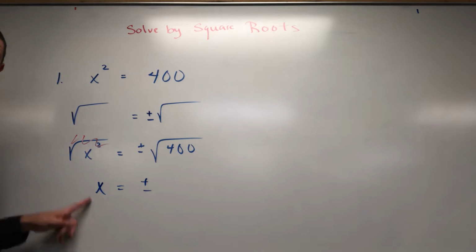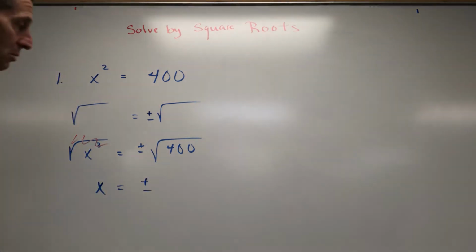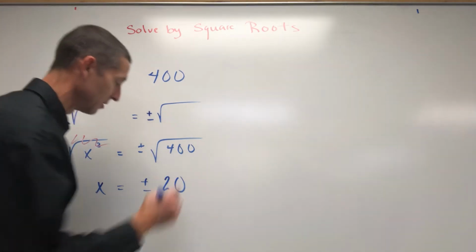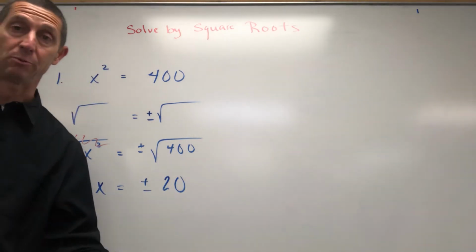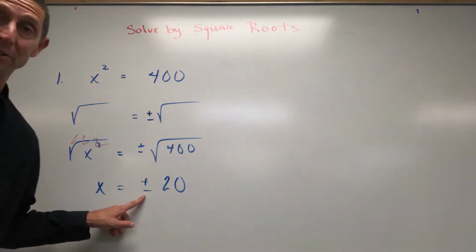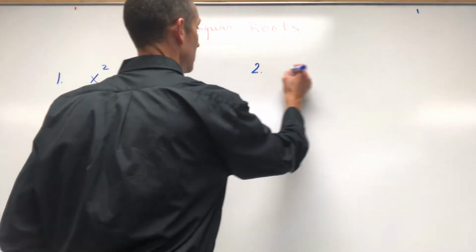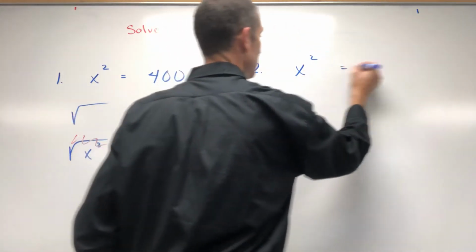So this is great. We got rid of the square root, which is what we want to have happen. Then we just have to take the square root of 400. That is 20. So you have x equals positive 20, x equals negative 20. And most people love to just write plus or minus 20. Here, we'll do another one real quick. Let's say we have x squared equals